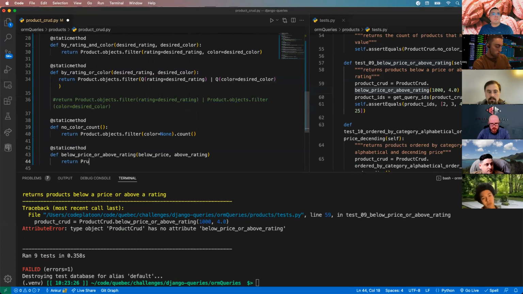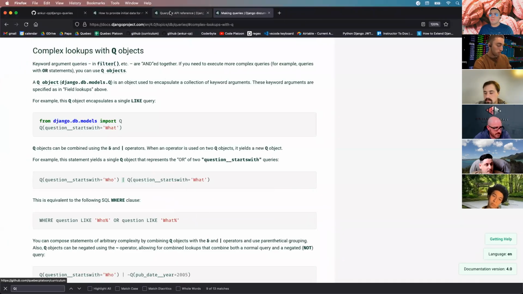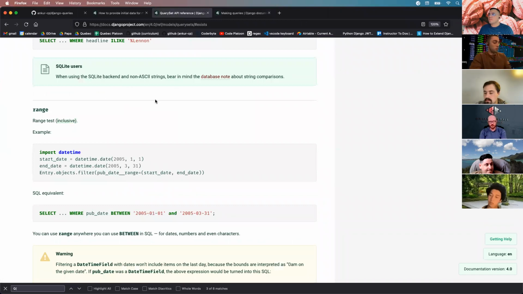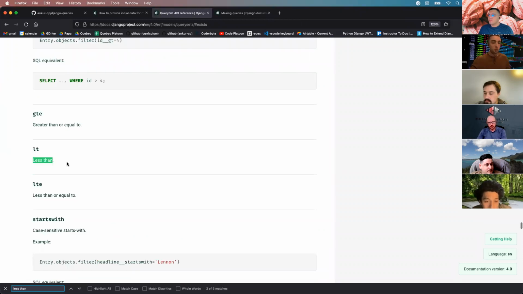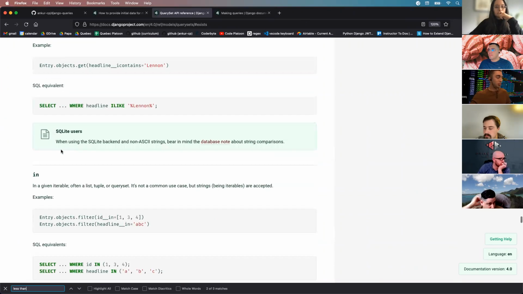Let's do Product.objects.filter. How do we just do one half of this? How do we do something below price? Now, if I'm not sure, hey, documentation maybe has an answer. Go to API reference or QuerySet API reference, look for less than. Nope, that's not what I want. All right, LT. Where is this listed under? This is listed under